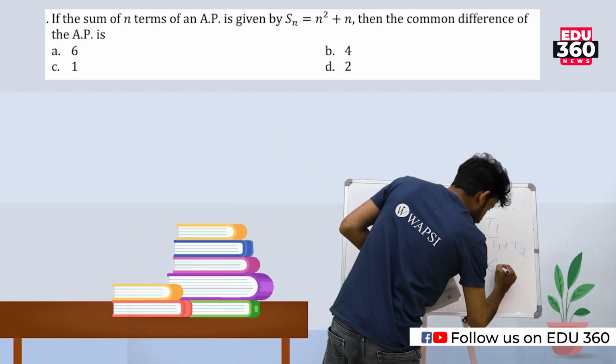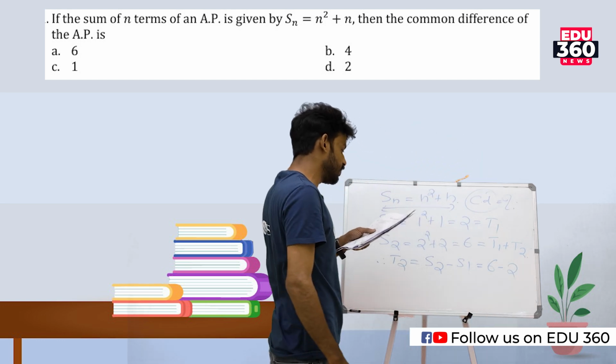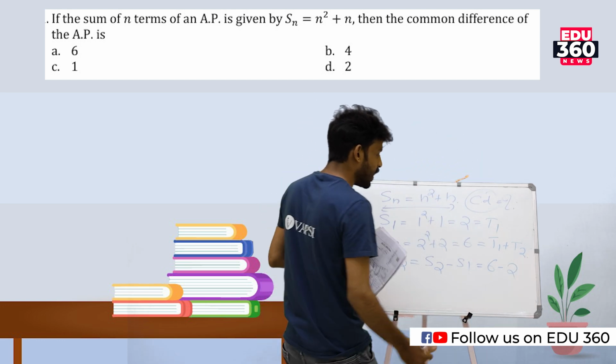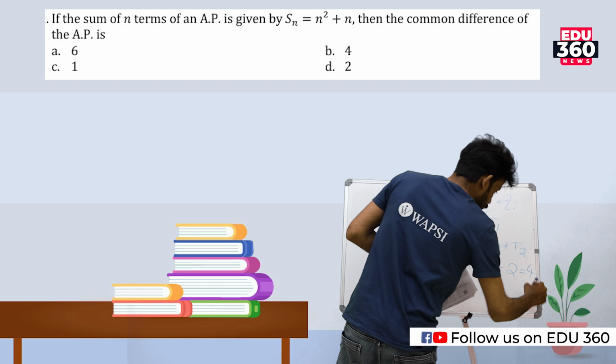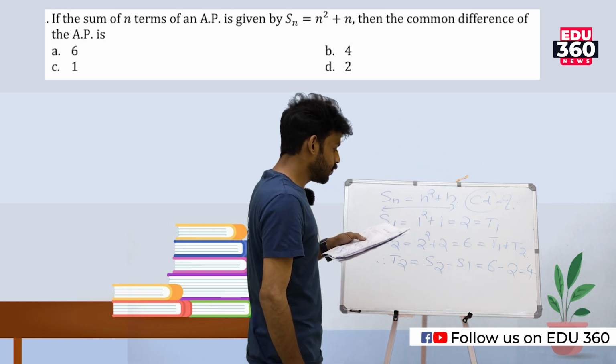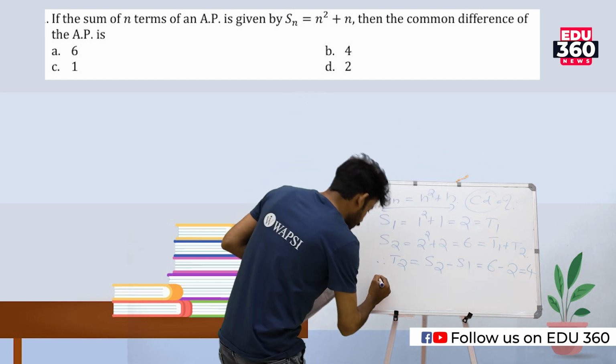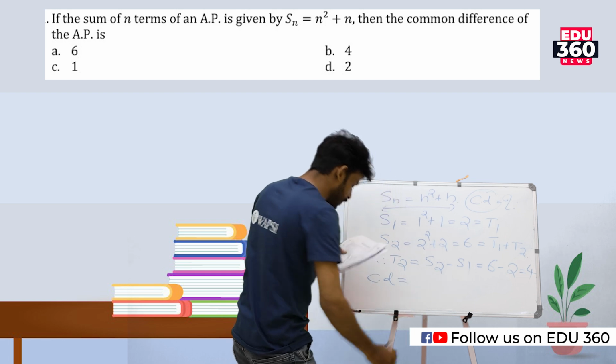That is equal to 6 minus 2. The answer is 4. So 6 minus 2, that is equal to 4. So we can write the common difference,